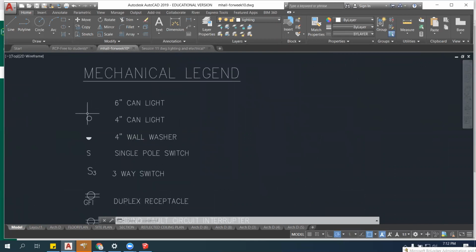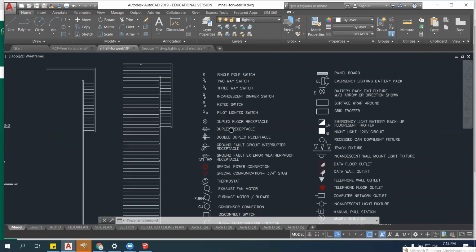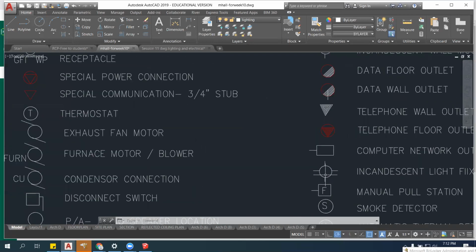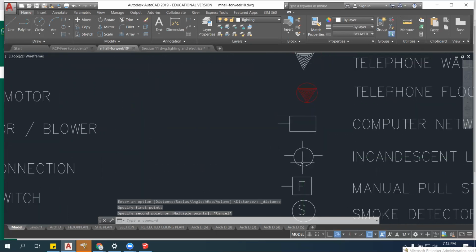I'm going to make lighting active, and I'm going to look at some of these symbols. So is this accurate to what I have in these mechanical legends? Let's see, for their sizes and such. Here's an incandescent light fixture. What is the size of this guy? This has to match your specifications. So if you say, I want a 6-inch can light, then that's usually the diameter of it. This one, for instance, is 8 inches, but you can tell it's just a circle with 4 lines projecting out